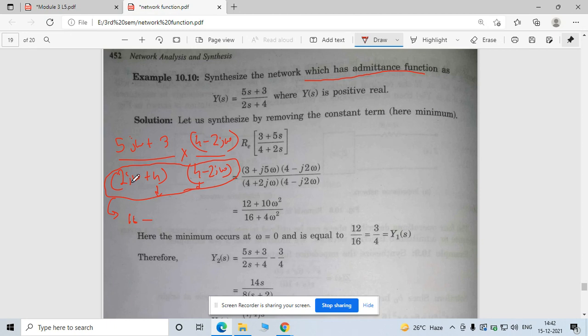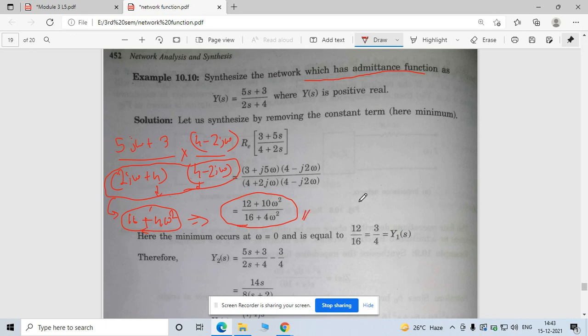So which is nothing but your j square is minus 1, so minus minus getting plus, and 2 omega square is 4 omega square, right? So this is your denominator term, and the numerator term with the combination of this real and imaginary part. So here only the real part is considered. That's why when only the real part is considered, you will get this. Okay. So directly the middle step is not given here. So that step are this. So when you solve that circuit and observe the real part of this function, you will get this.